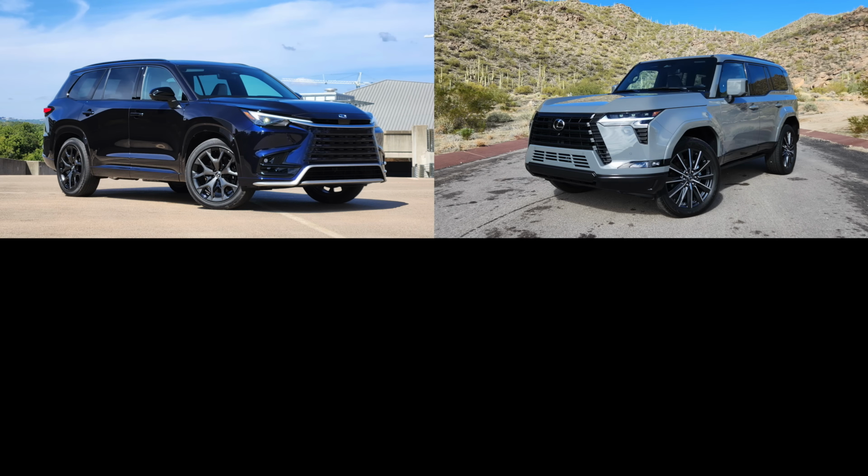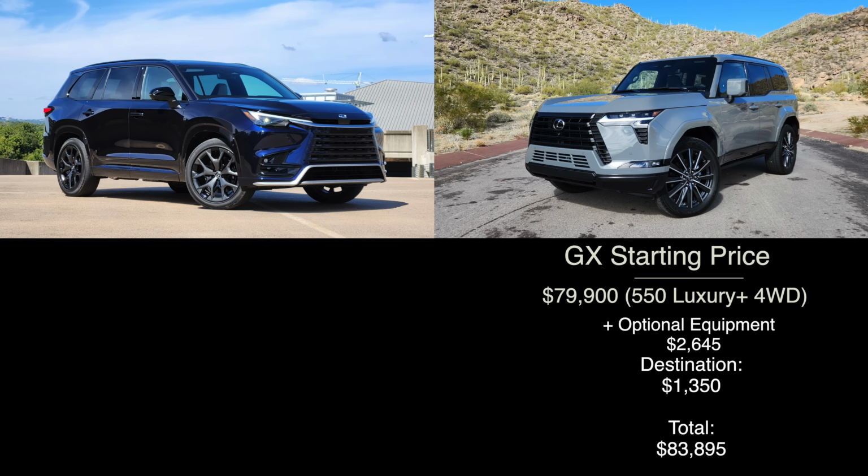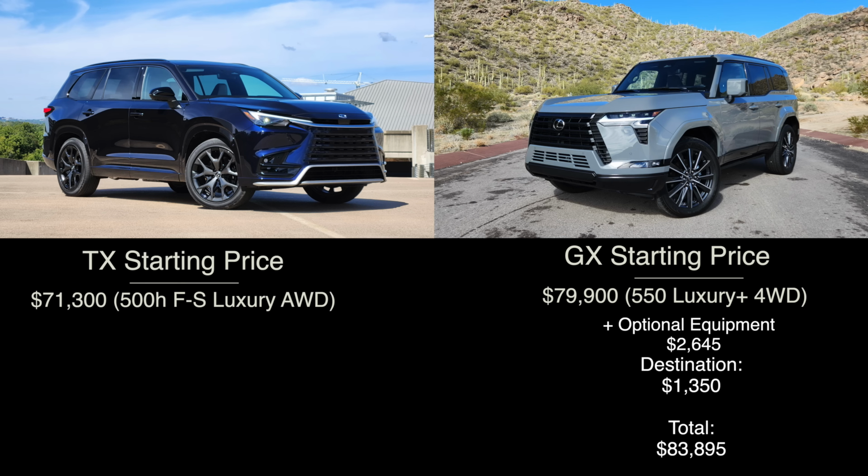So like I mentioned at the onset, these two have very similar pricing that overlaps. Beginning with the all-new GX 550, we have the fully loaded version, which is called the Luxury Plus trim. This version starts a bit under $80,000, and after we add a few extra options, we arrive at $83,895. Now for the TX, we have the 500h F Sport Luxury, which makes the performance, equipment, and pricing pretty similar to the GX. All told, this model rings in at